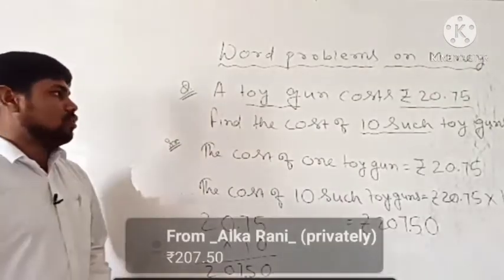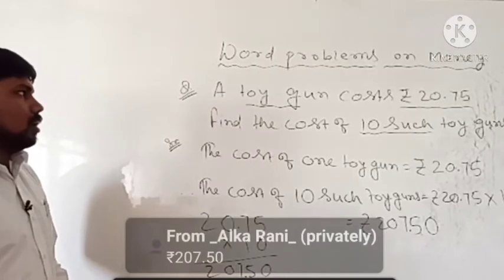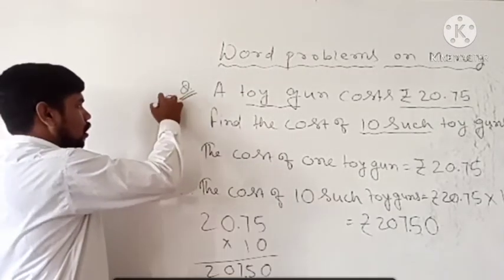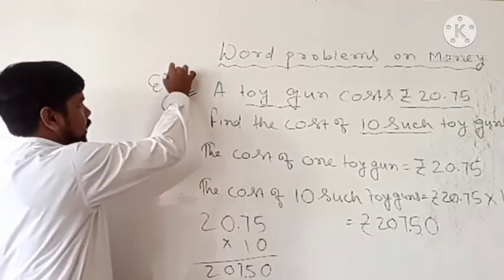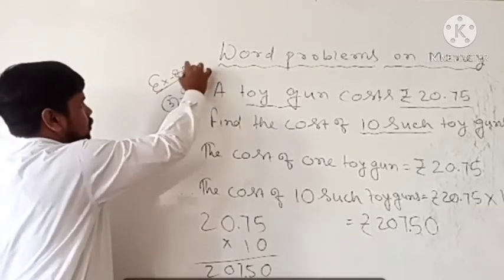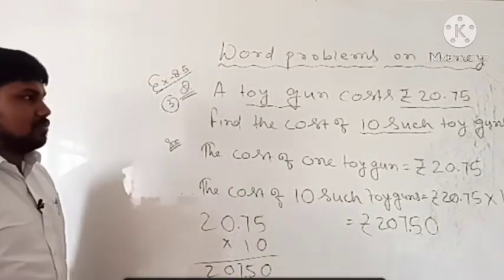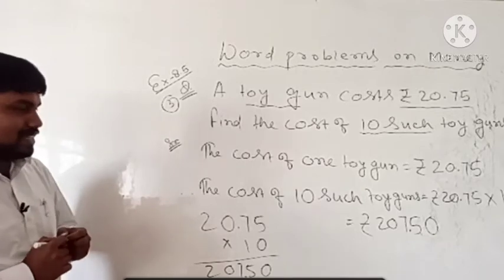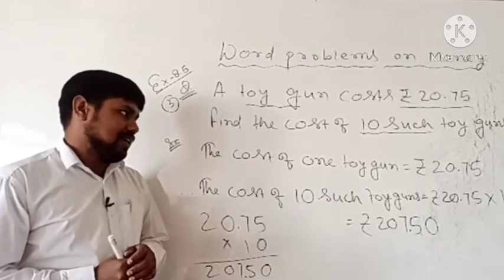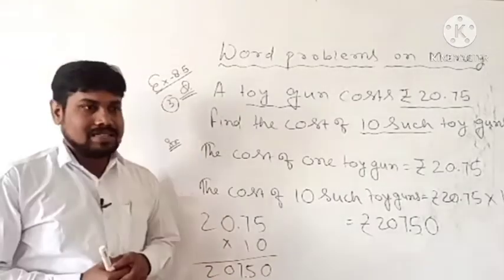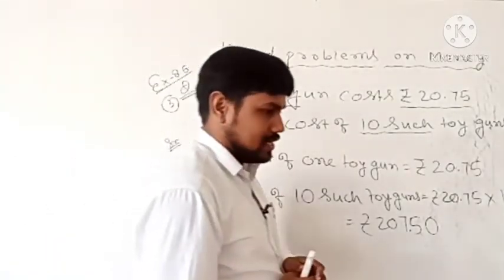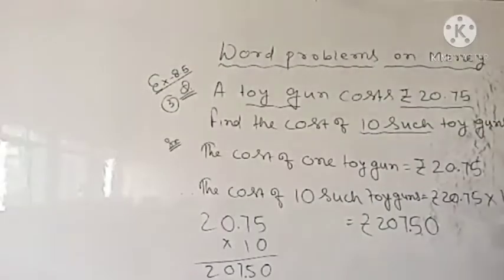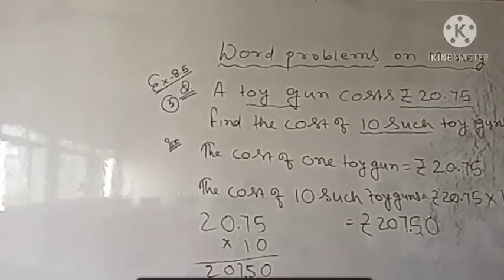So this is question number 3 of exercise 8.5. You can do it like this very simply. In this way we can find it by multiplication, right? Is there any other such question in this exercise? You can tell me.